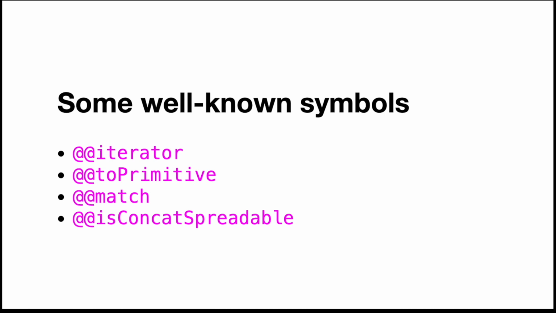You also have toPrimitive, which is the new way of using valueOf. So valueOf is kind of the old one. toPrimitive is the better one. It's used before valueOf. You get hints about what kind of value you want. So for example, if you include this object in a template literal, it will tell you, I would like to get a string from this object. And you can define how to do that. When it's used in a computation or like a Number constructor, it will tell you, can you give me a number? And you can decide that. It's pretty cool.